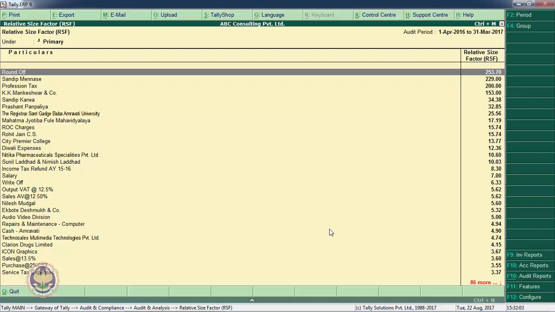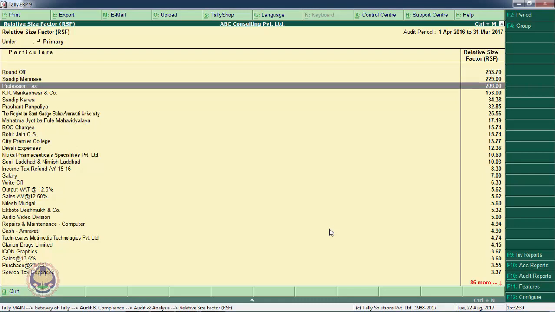So it is quite possible that the accountant has debited electrification expenses that should have been debited to fixed assets. Instead of debiting it to fixed assets, he has debited it to revenue expenses and considered it as regular electricity expenditure. So this needs auditor attention. So auditor will rectify this mistake and transfer the amount to fixed assets.